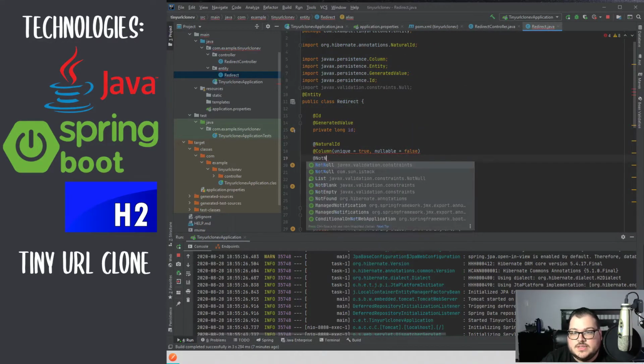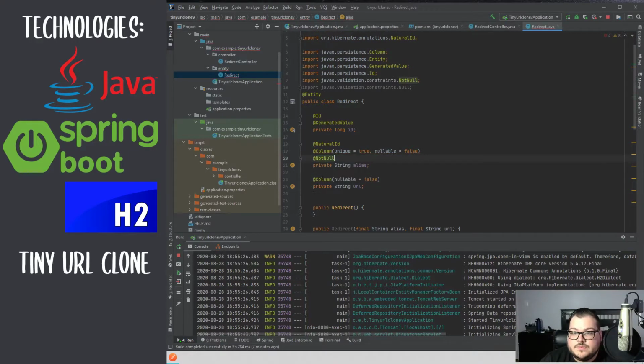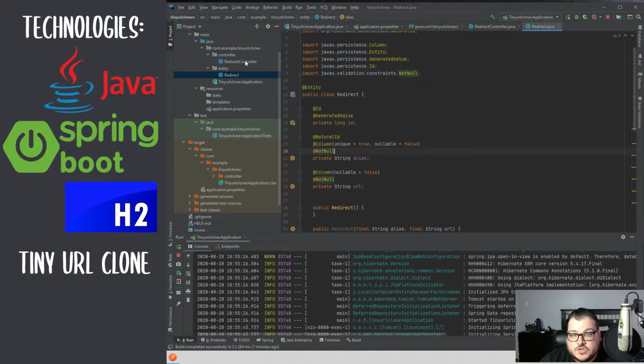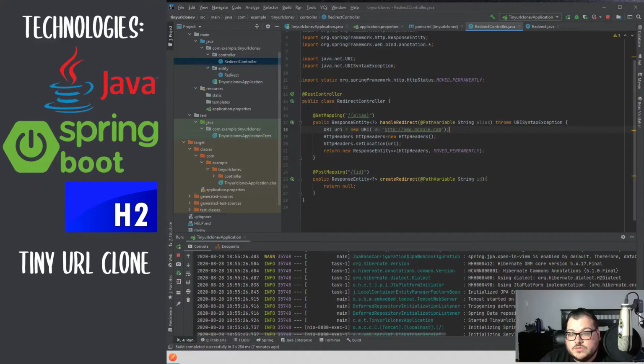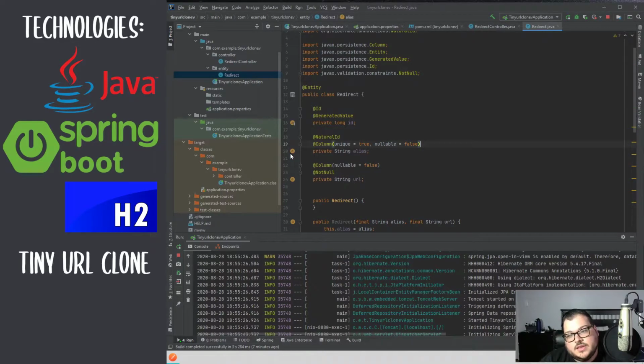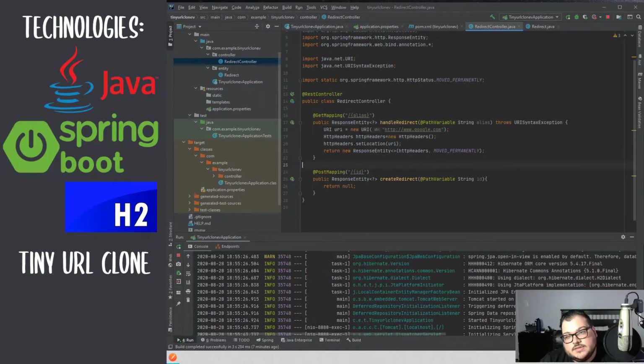We're going to say this is not null, and this will also be not null. So how are we going to do that? Maybe I don't want to do it this way. Actually, let's keep it simple, and instead of